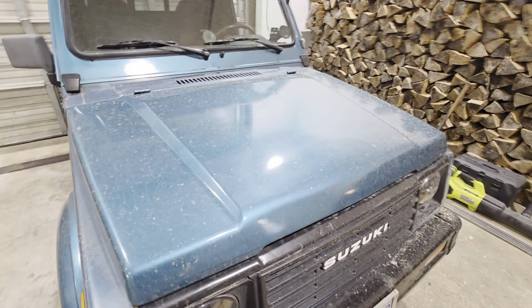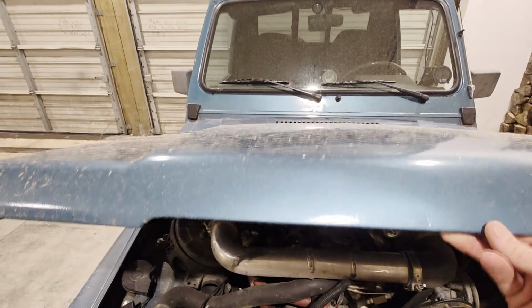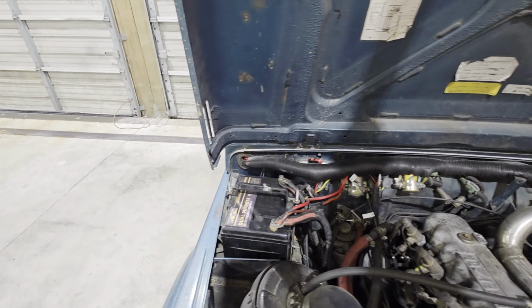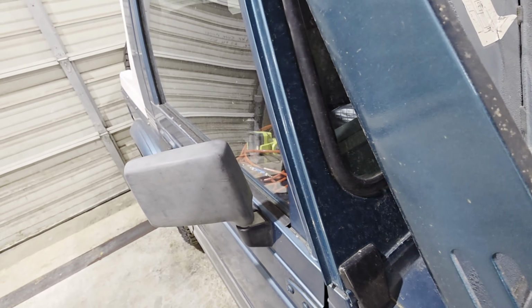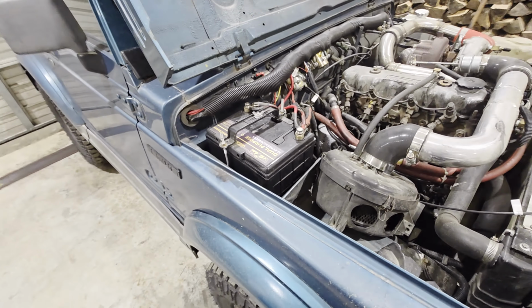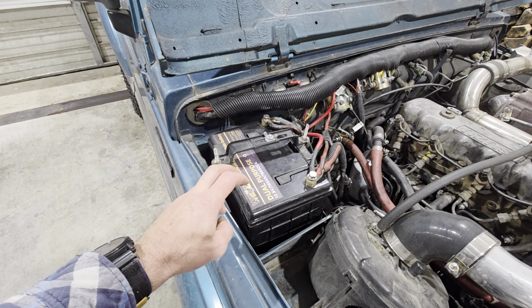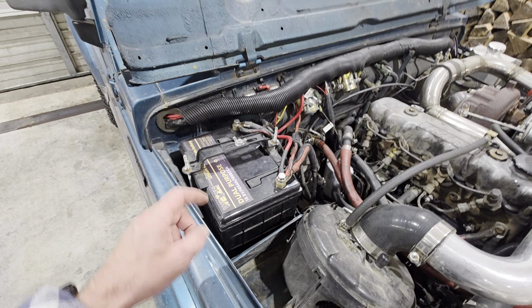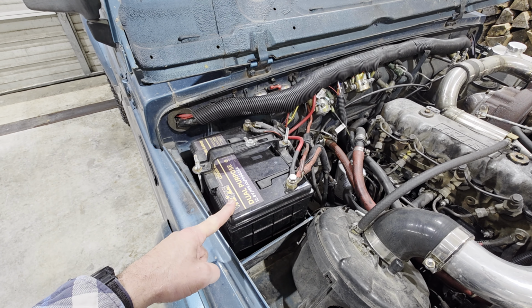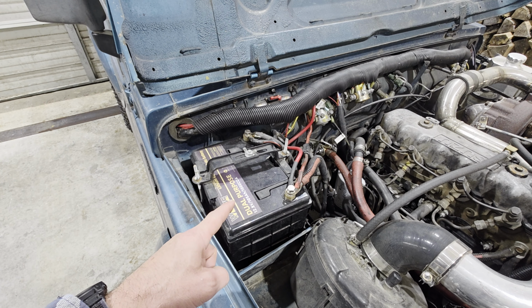And one other thing I wanted to talk about in today's video was the battery that I've been running in this. I actually hinted at it at the start of the Fall Classic, but I never followed up. This is a lithium battery, and this is a dual-purpose deep cycle and starting battery. It is actually meant to replace a standard automotive battery. I've had it in here for right at a year, and it has almost worked for me perfectly without fail